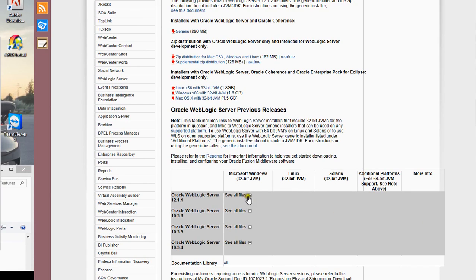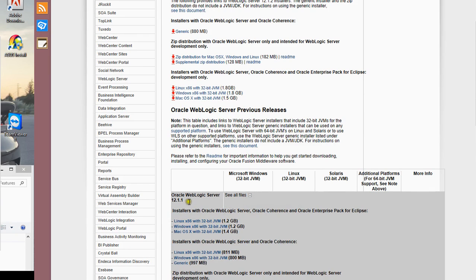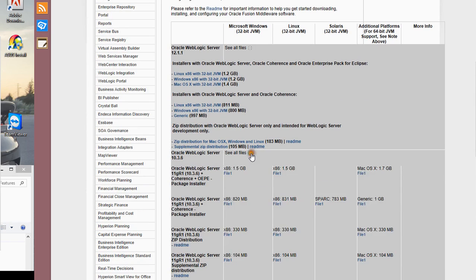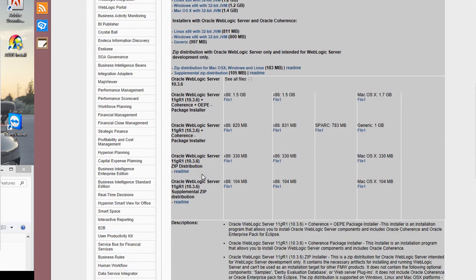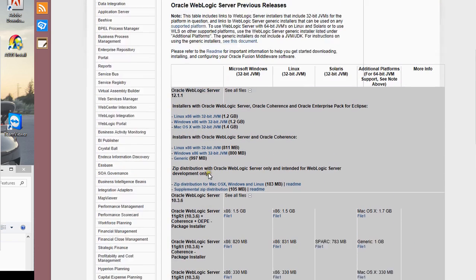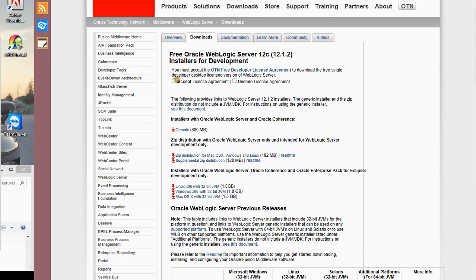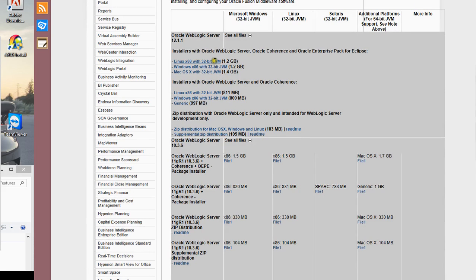If you look here at the bottom, you have Oracle WebLogic Server 12.1.1 and you have 10.3.6. It's very confusing, but basically this is for 12c, and this one is for 11g. So just don't panic, 10.3.6 is actually 11g. Once you figure out which one you want to download, you accept the license agreement. I downloaded